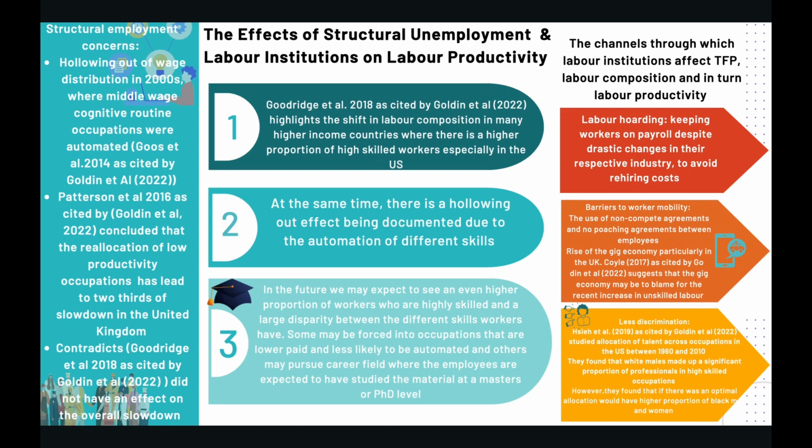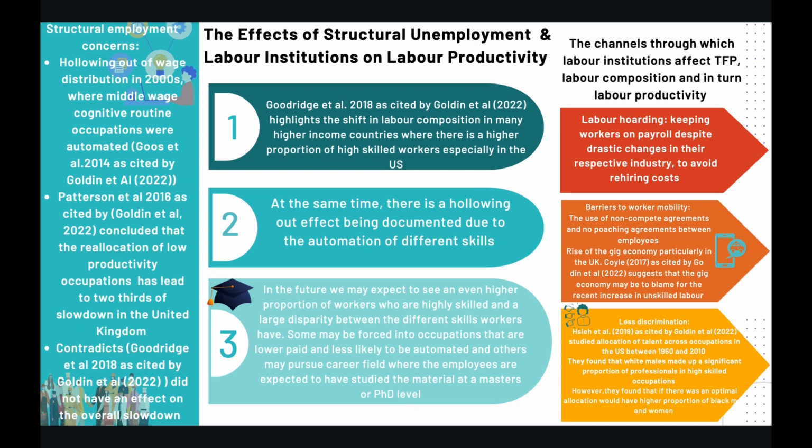point out the hollowing out of the wage distribution in the 2000s as a result of automation of middle-wage cognitive routine occupations. And Patterson and his co-authors also claim that this reallocation of labour is responsible for two-thirds of low UK productivity. Moving on to the channels through which labour institutions affect total factor productivity, the rise